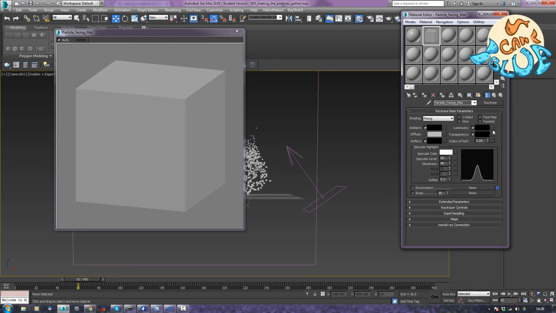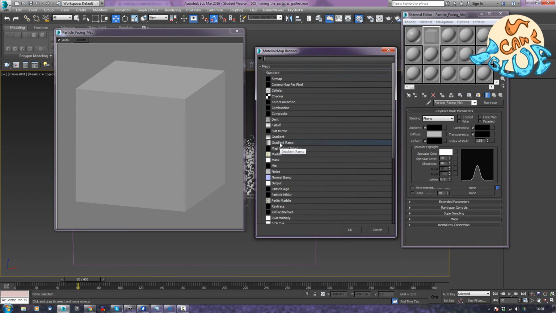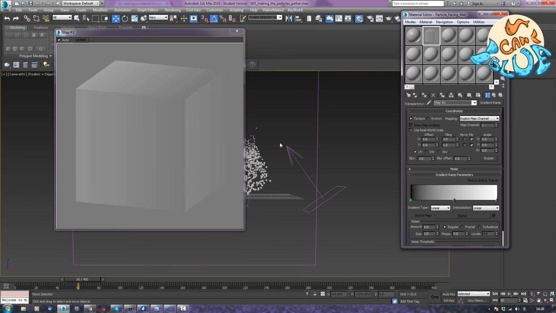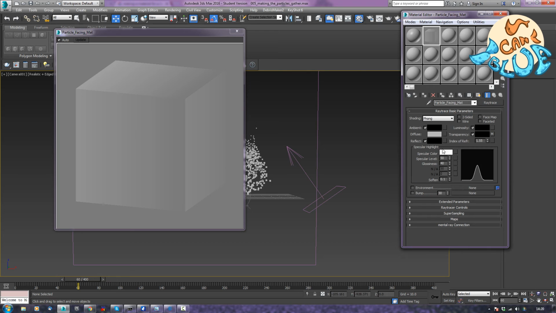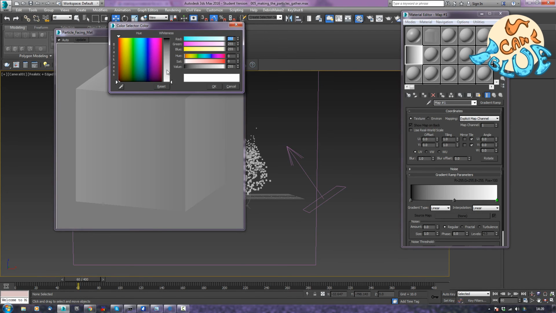Okay, the first thing I want to do is change its transparency, because at the moment it's just black, which means it's not transparent at all. So if I go into this, and I can set a gradient or a gradient ramp. So I'll stick in a gradient ramp for the moment, and I'm going to drag the gradient ramp that I've created just here off to this material and instance it, and that way I can see somewhat better what's going on, and it'll go back to here afterwards as well. Now what I want to do is I want to change this one, if I just double click on it, to black,